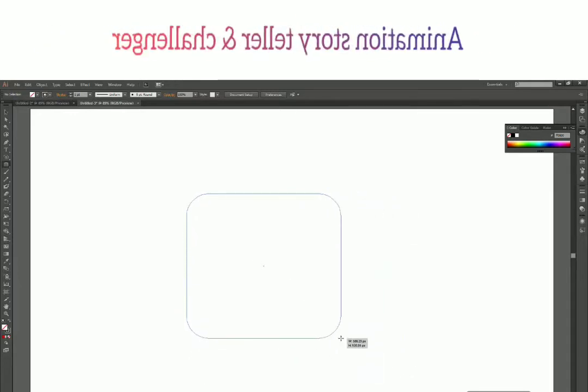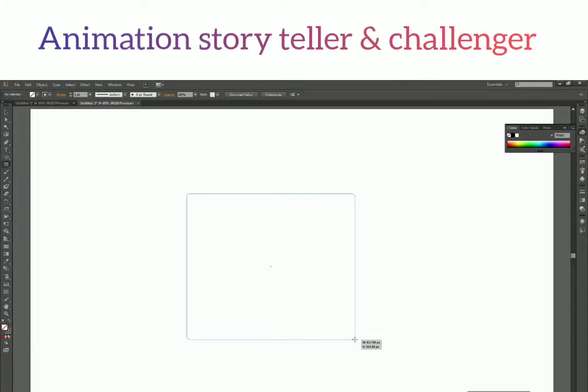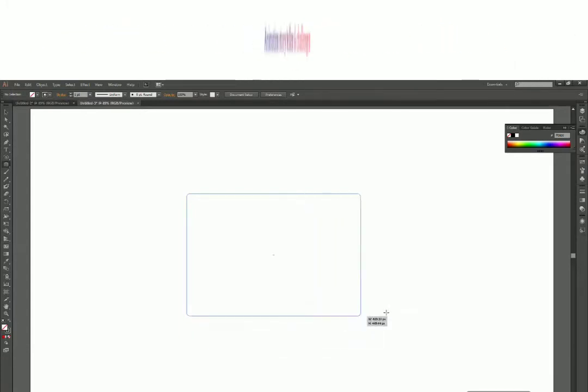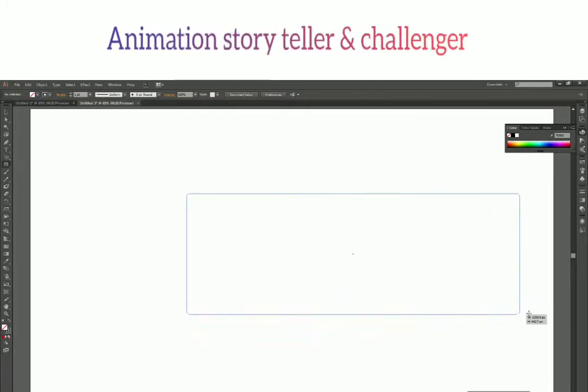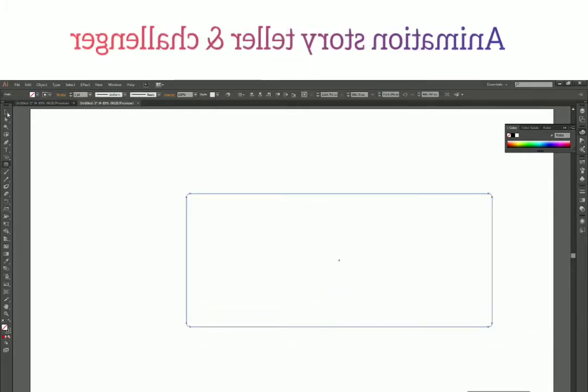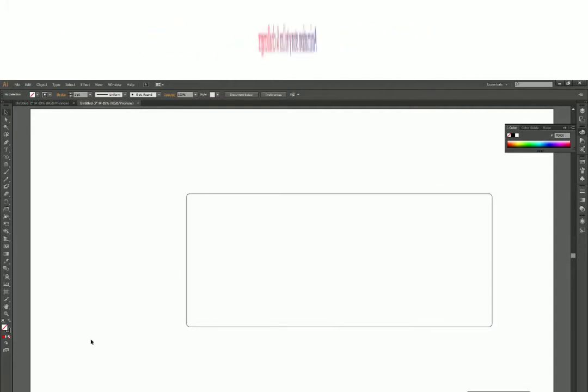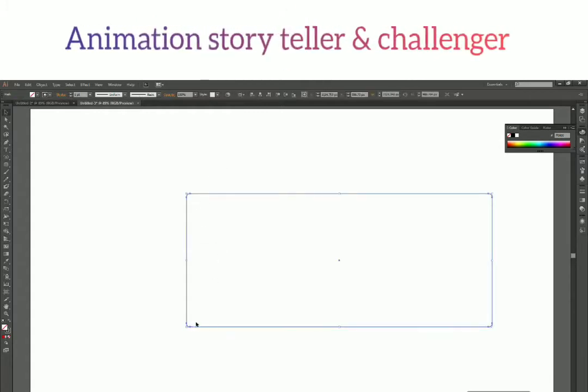Alright, so that looks good. And let's say this corner radius looks fine, and press the shift key to make a perfect square, or actually just make a rectangle like this and release your mouse click. Alright, so we have covered the rounded rectangle also.